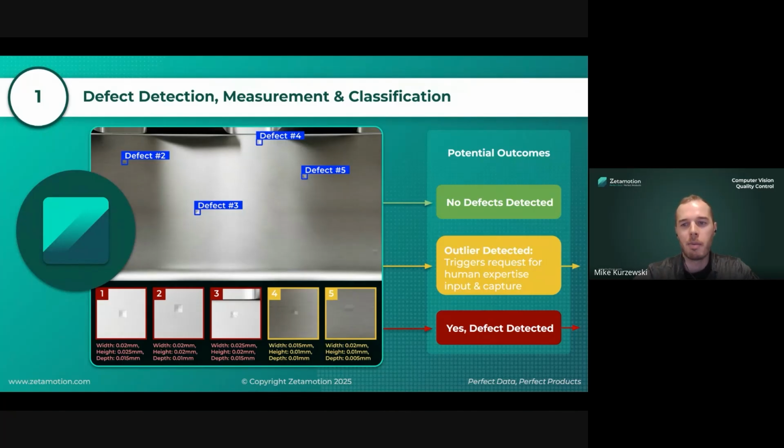Okay, maybe this is a new type of inclusion in the product that needs to be flagged whenever it has certain conditions. And then the system can start learning from that to start detecting that reliably and classifying that defect